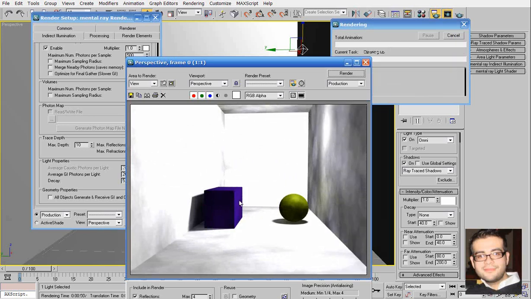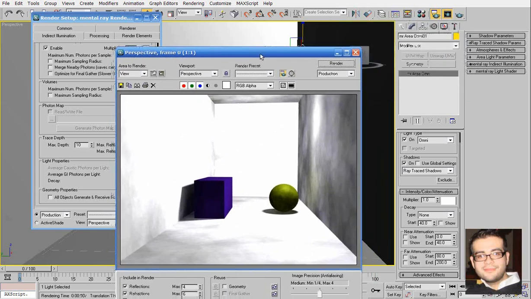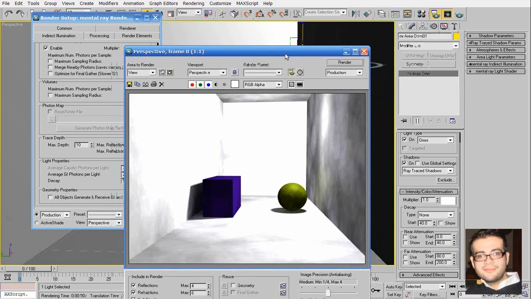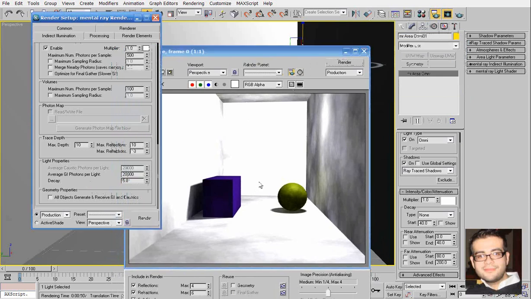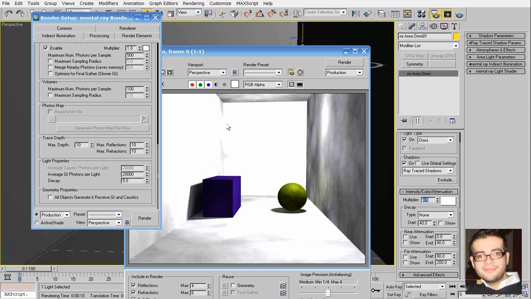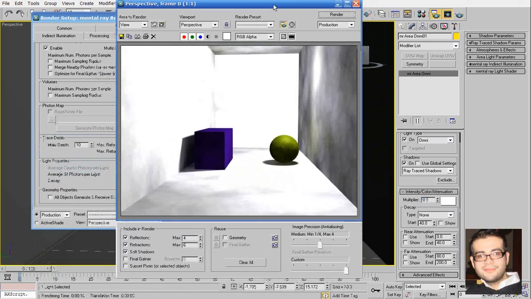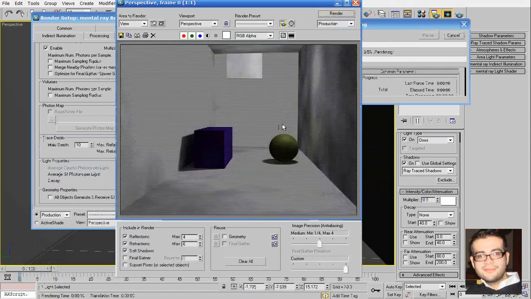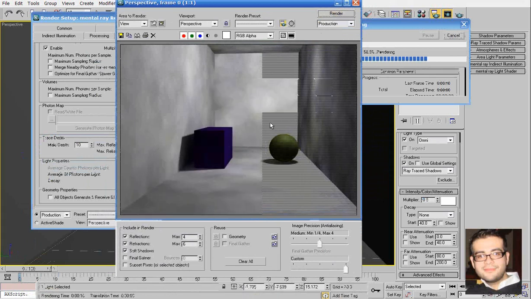And getting a good result using global illumination and photons is based on knowing the actual scale. So normally you want to use real world units and play with the different parameters, or know what the actual lighting was in the original setup of your photograph. So if I set my multiplier down to 0.5, I'm controlling the overall strength of my light, and I render that out. You can see that